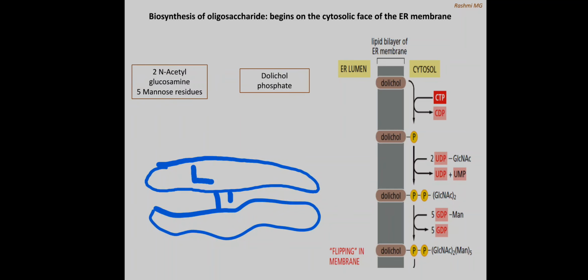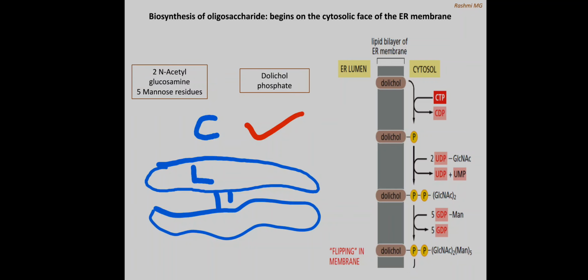This is the lumen, this is the cytosol. Now, the biosynthesis of the oligosaccharide is happening here, in the cytosol. See, in the cytosol, first what happens is